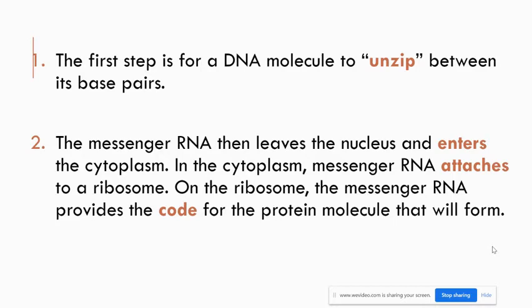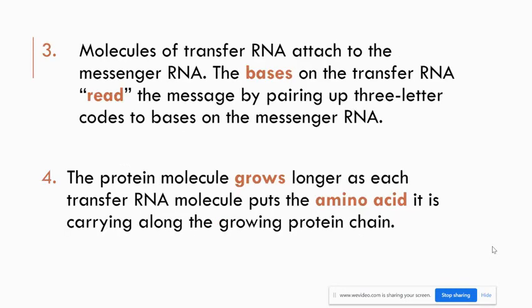And then that ribosome begins the process of providing the code so it understands what protein is going to be made. Now there are free floating bases in the cell as well, so those get added and build upon it too. But the third step is that transfer RNA will go through the process and attach to messenger RNA. And those bases then read the message in that 3-letter code, and they determine what amino acid has to be